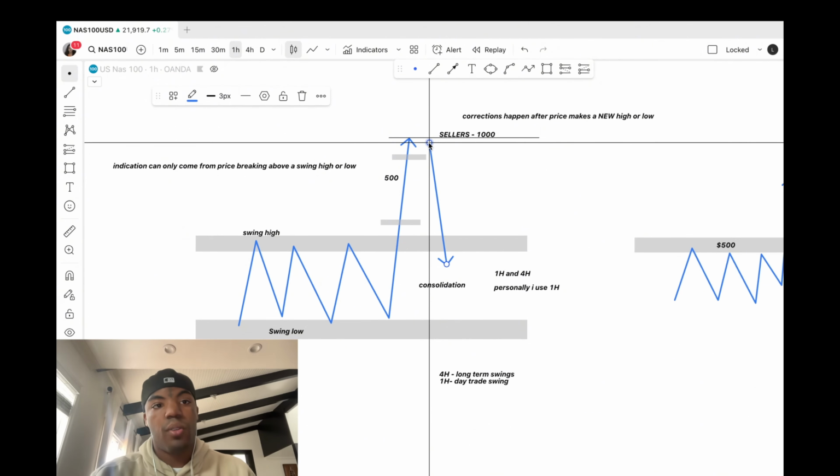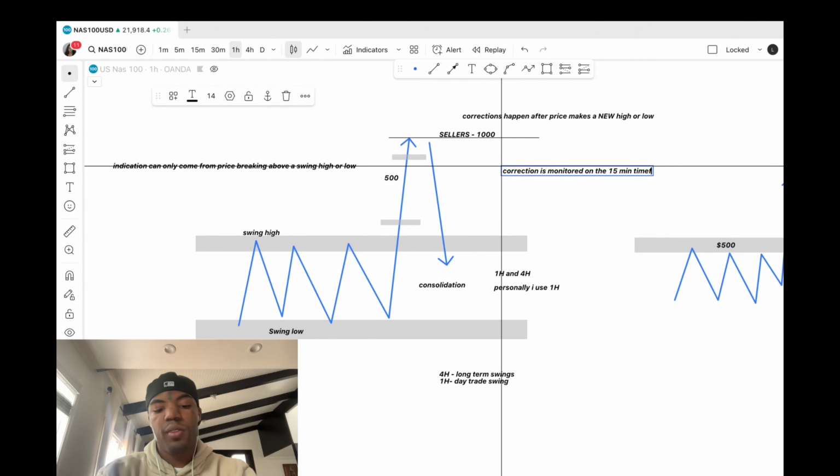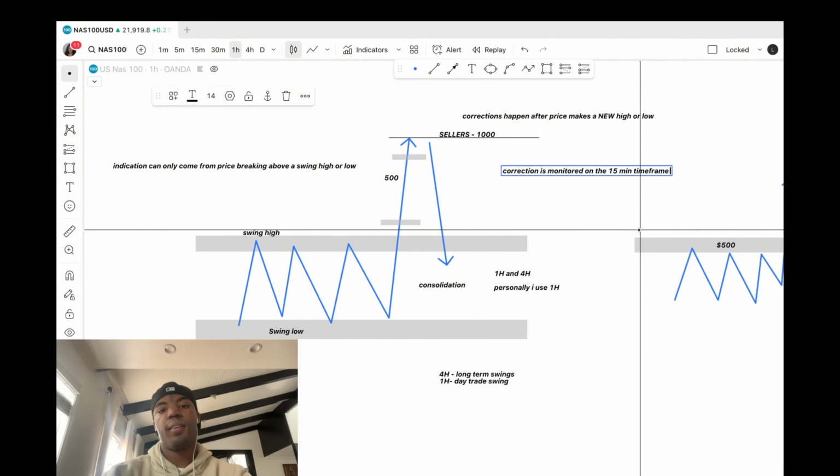The correction is monitored on the 15-minute time frame. So when a correction starts to happen, you want to start monitoring this on the 15-minute time